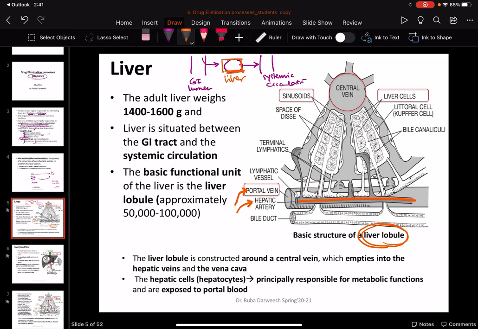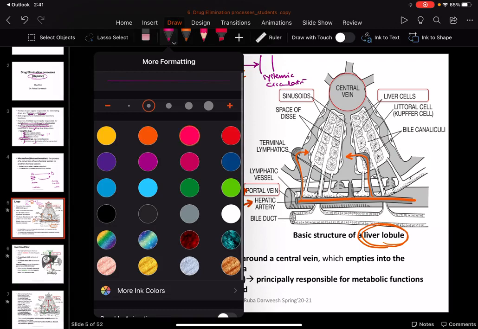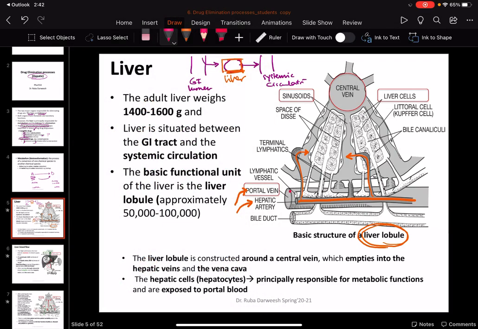So we have the hepatic artery, which transfers the blood into the lobule or the sinusoids in the lobule. And we have also mainly the portal vein. Okay, so usually the blood enters the liver through those two sources, mainly through the portal vein, in which the